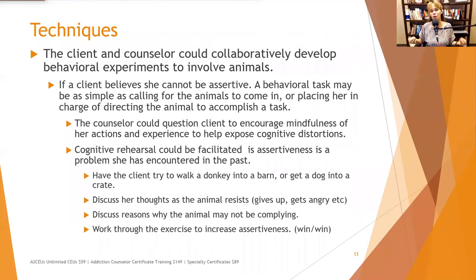So you can start brainstorming why the animal might not be complying, and then walk through the exercise to increase assertiveness. Teach her how to create a win-win. So for the dog, for example, put treats in the back of the crate, and dogs will generally go into the crate for treats. And you can work up that way. And then you can generalize to interactions with humans, making sure they understand how what they're learning translates into working with humans. So once they get comfortable being consistent and creating win-wins and figuring out how to problem solve with their therapy animal, then you can say, okay,